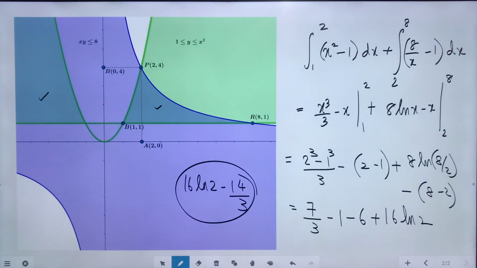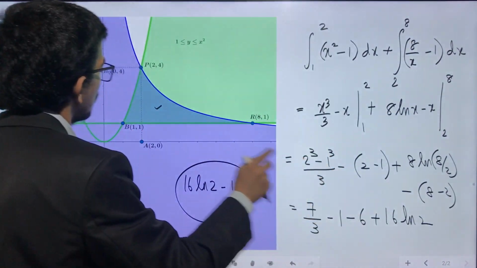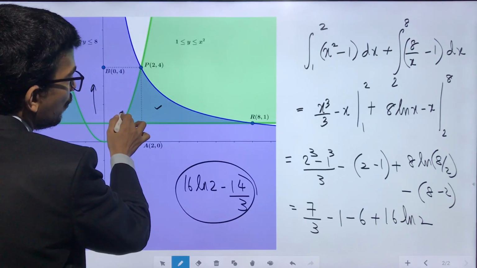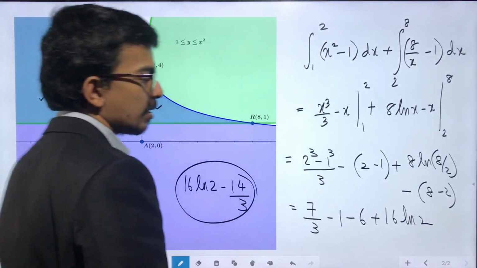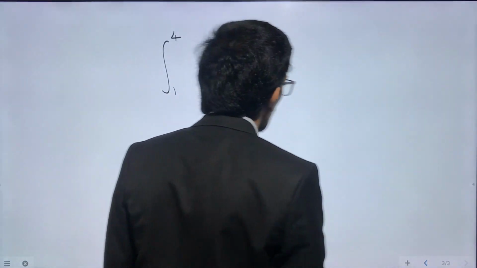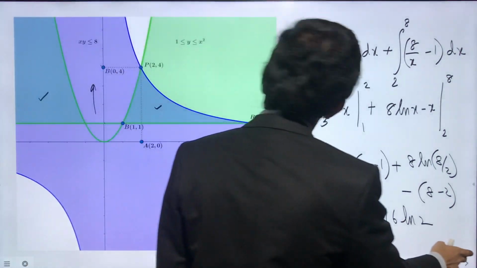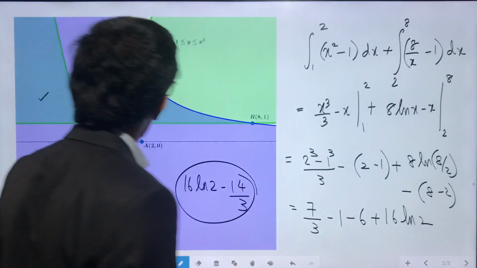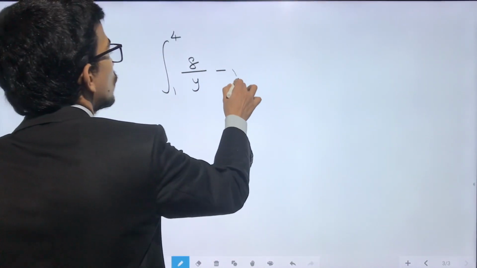Now, if you wanted to integrate along y-axis, there will be just one integral. If you think along y-axis, this is the first curve, this is the second curve, and the integral goes from 1 to 4, right? I'll write that expression as well. So that is going to be integral 1 to 4. You're integrating along y-axis, so the top curve is x equal to 8 by y, minus the bottom curve x equal to root y, dy.